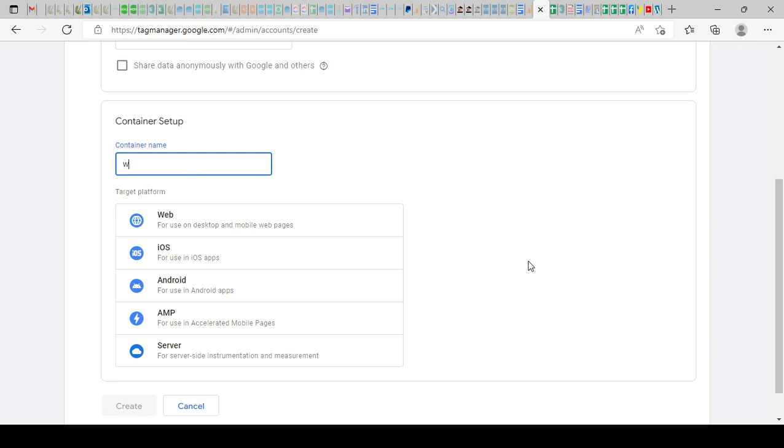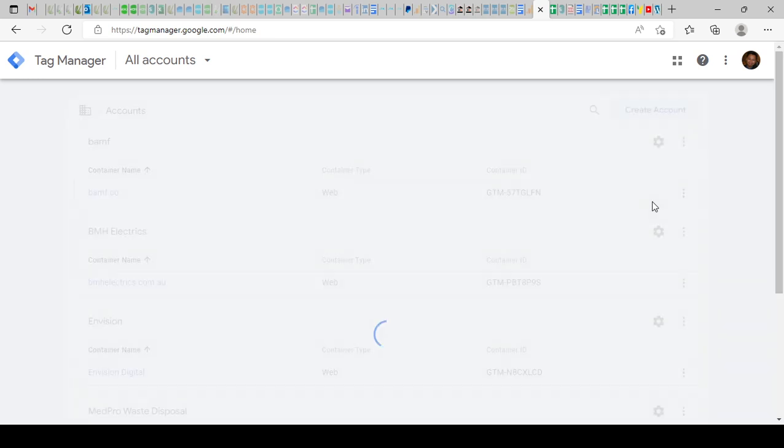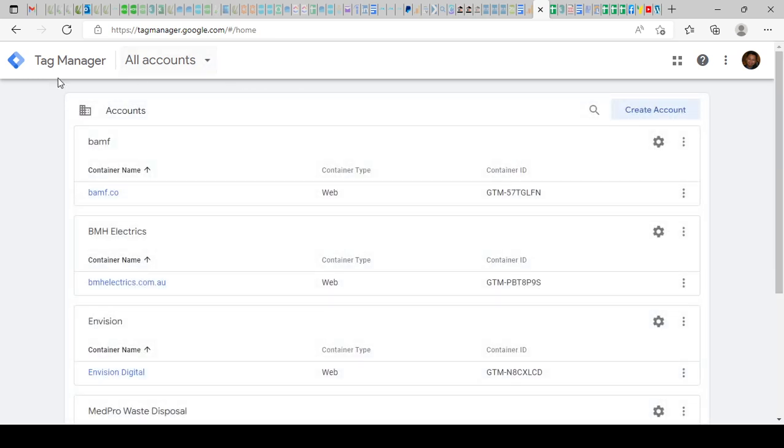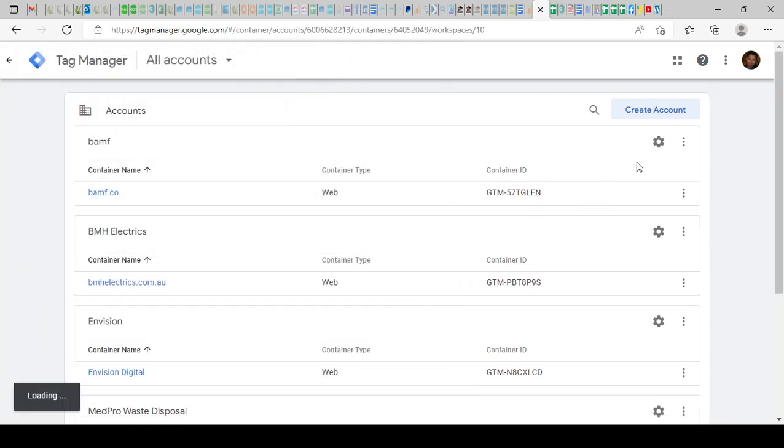Then put your website's URL here. So in this example, it's swatspam.com, so that's www.swatspam.com. So you're just creating a Google Tag Manager account. It's for the web. Click on create, and that should put you in the Tag Manager section. In the Tag Manager section, you click on accounts. Look for the account that you just created. In this case, for example, it's swatspam.com. Click here, and then from here,